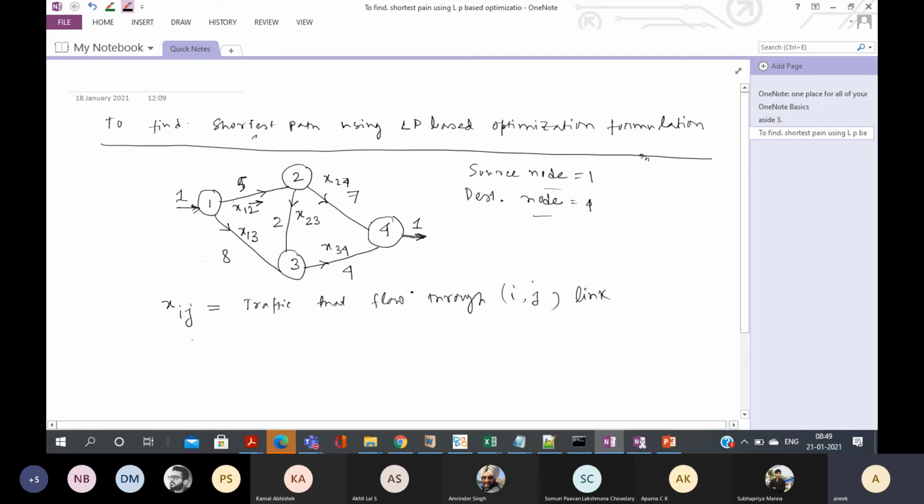Before that, first I have to write the objective. What is my objective function? It is to compute the shortest path. 5 is the cost factor to carry 1 unit of traffic through this link. So for x12 traffic, the cost of using this link will be 5 times x12. The objective should be